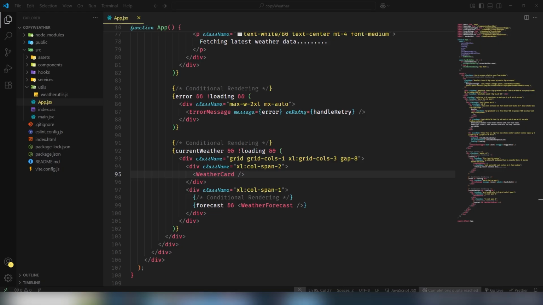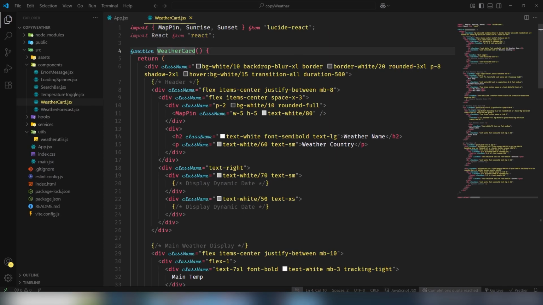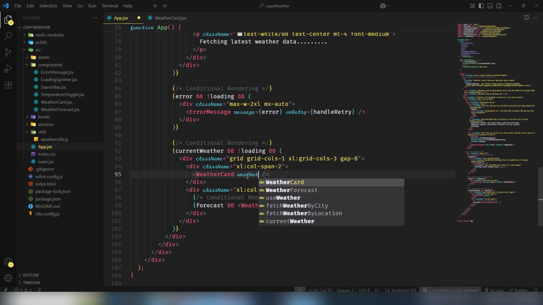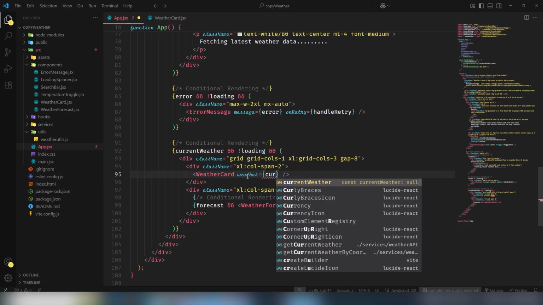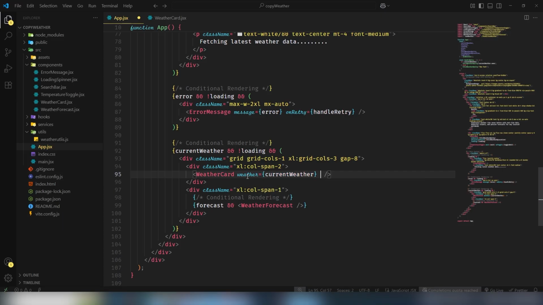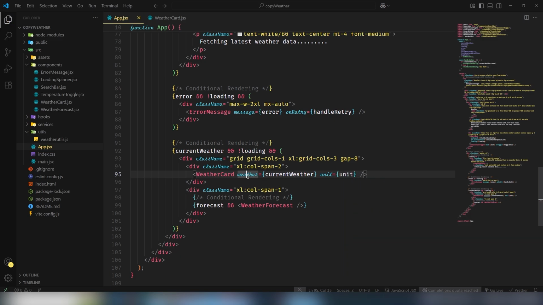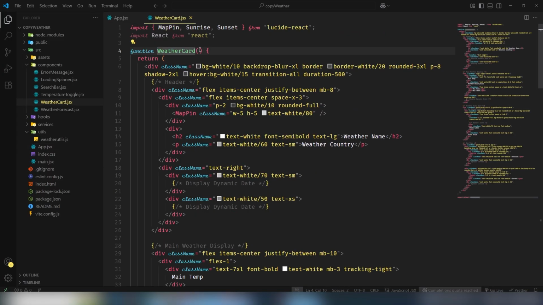So I'm going to use these functions. This is the weather card, and I need to open that first. The next thing is I need to pass the prop weather, and I'm going to use current weather as a prop. And also I need to use unit, for when the user clicks on the unit to change its value. So I'm going to save the file, copy that, and we're going to use